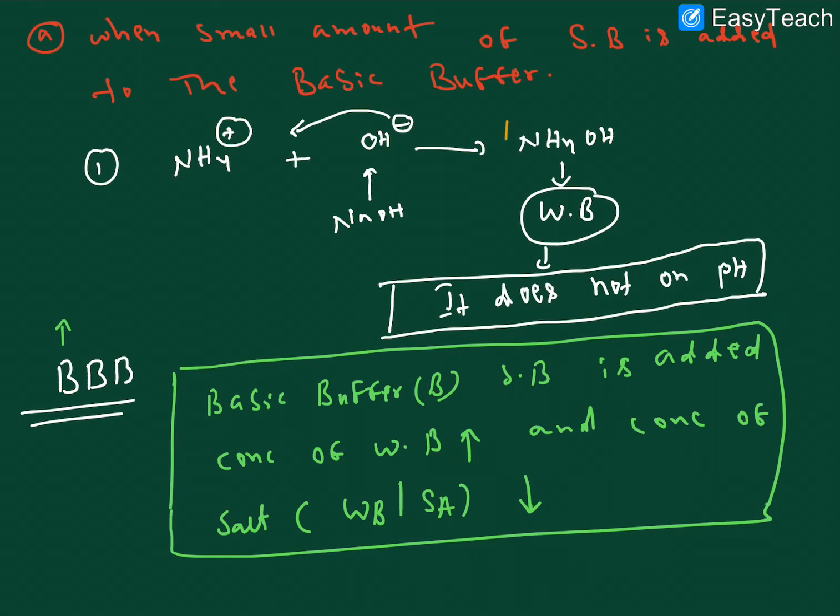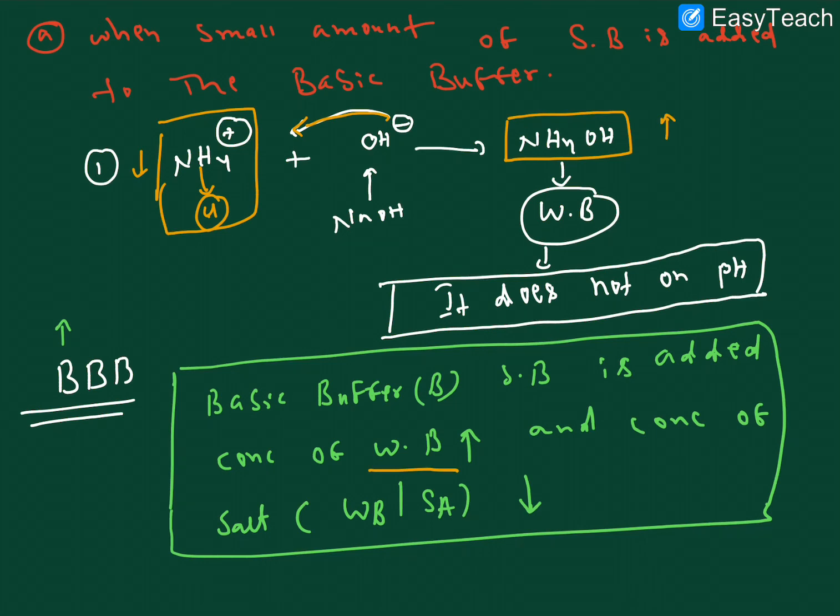Here, the base reacts with ammonium. What is the resultant product forming here? Ammonium hydroxide. So this ammonium hydroxide concentration increases, right? The weak base concentration increases. This is the salt with the chloride, so this concentration decreases, right? Whenever this base is combined with this salt with chloride, this concentration decreases and this concentration increases. That is the exact meaning here.